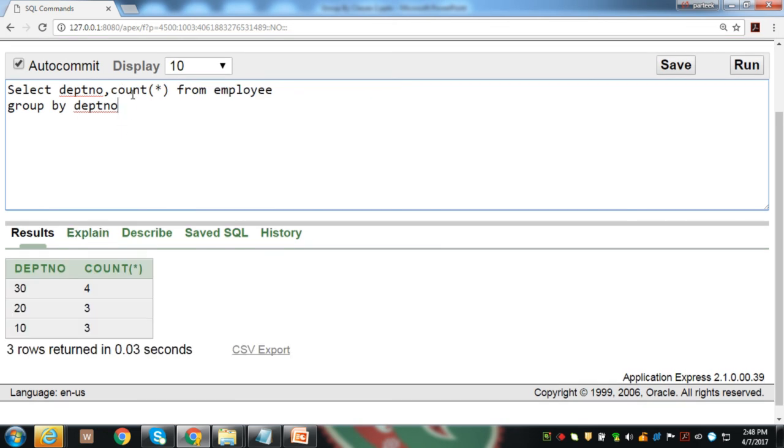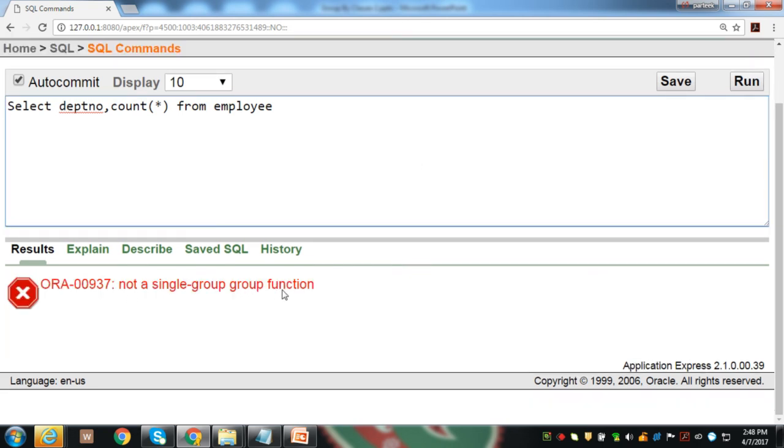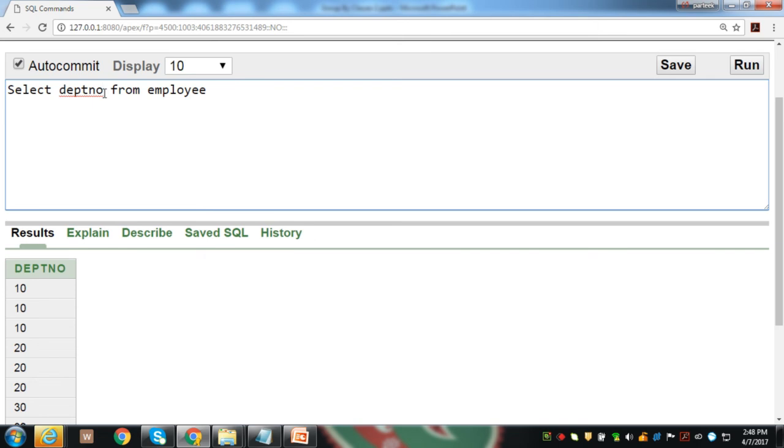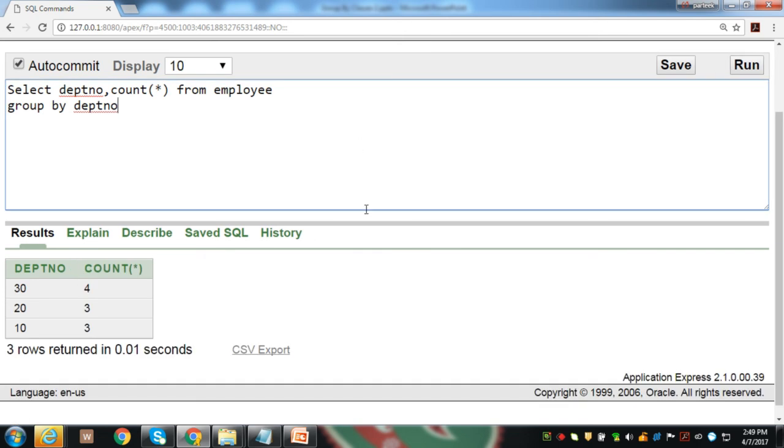It is important to note that if we want to use an aggregate function, then the query should involve a group by expression. If we remove this group by expression, the system will raise an error that it is not a group function. So either I have to select only department number, and it will execute. But if I want to display count with this department number, then it is important to make a grouping on this column. Otherwise, the system will raise an error. This is all about the demonstration of these concepts.